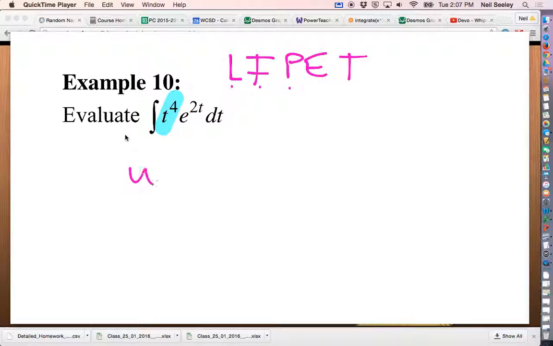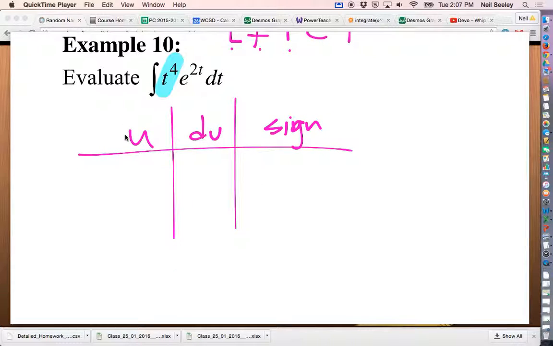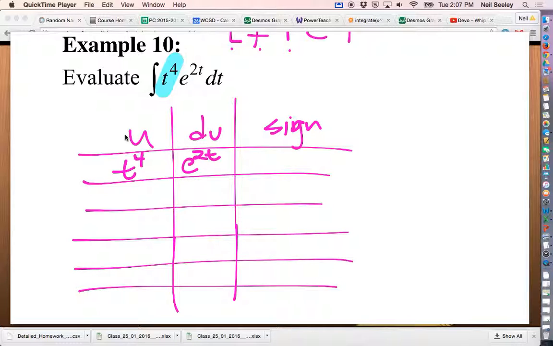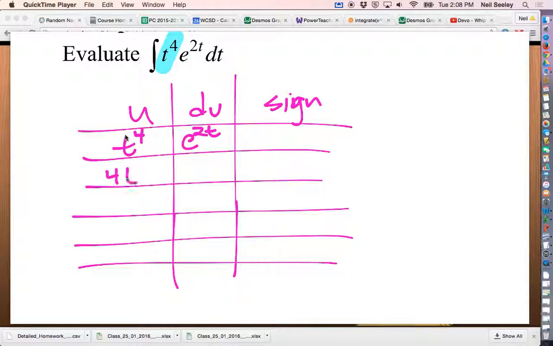So the table sets up u, d, v, and the sign thing. That's how you start it. Crisscross. And u was t to the 4th. Then that means dv is everything else, e to the 2t. We don't have to put the dt part on there. And then you derive the t to the 4th so you can't anymore. So t to the 4th becomes 4t cubed. It becomes 12t squared, 24t, 24,